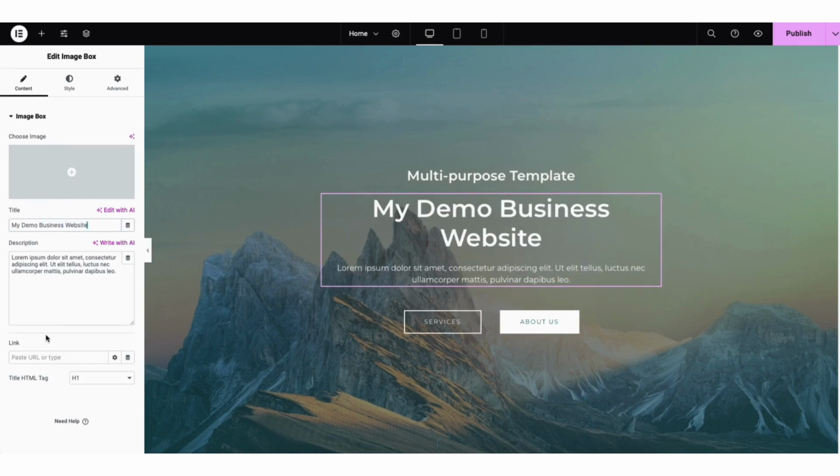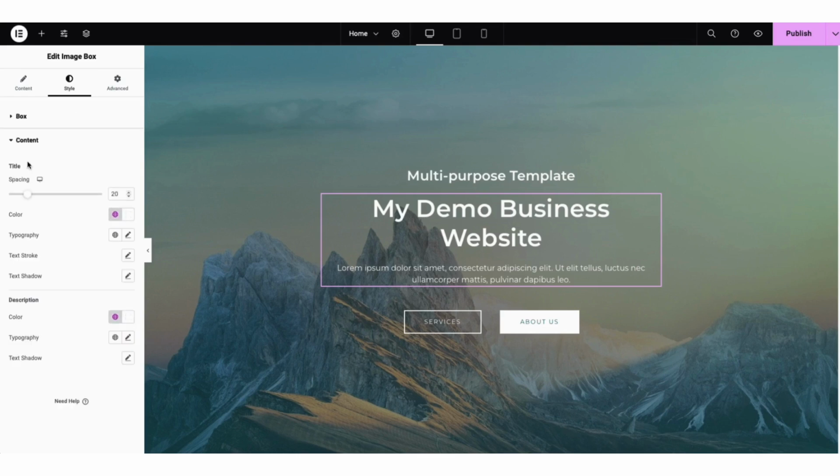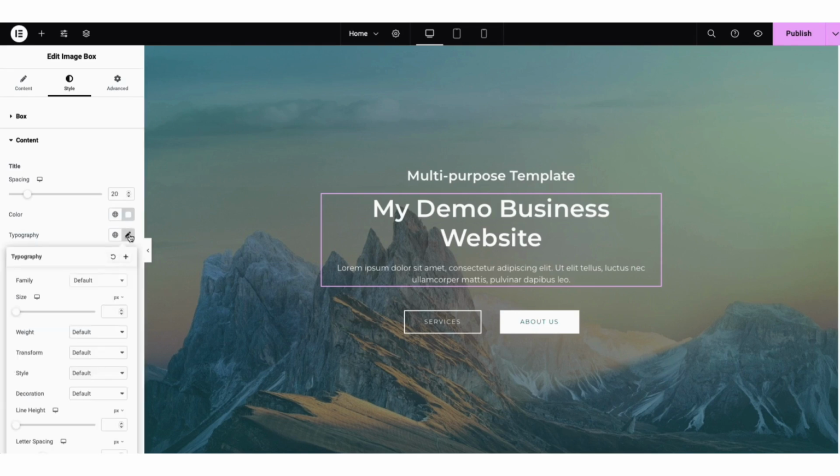You'll see you can link the text out to a page if you want. The heading type. If you click Style, you can change the alignment of the text. If you click Color, you can change the text color. If you click the pencil icon where you see Typography, where you see Family, from the drop-down, you can select the font if you want to change it.